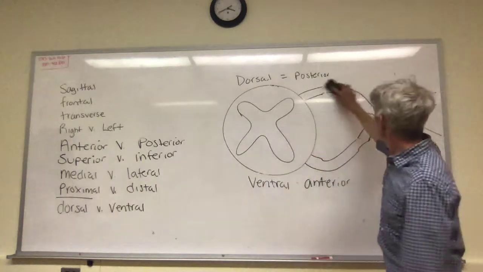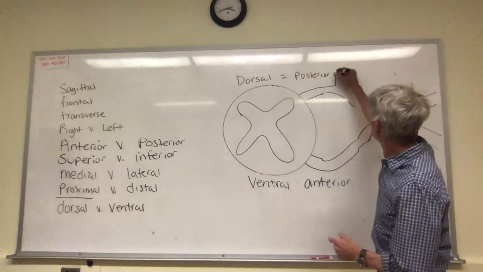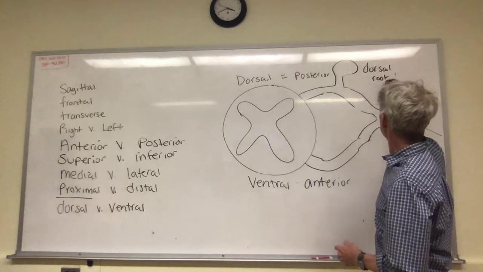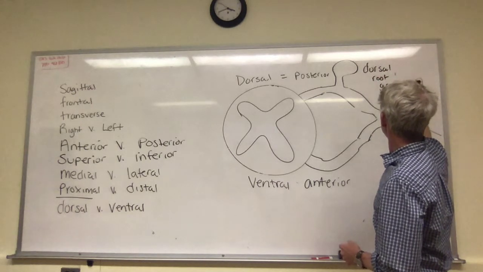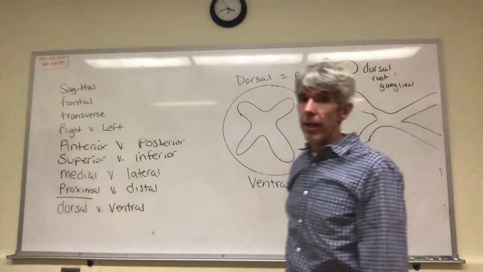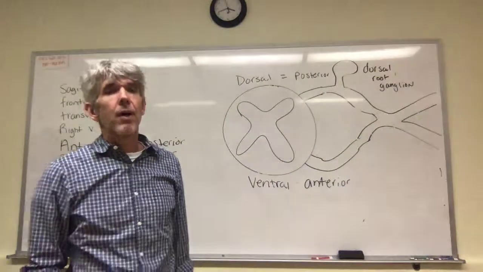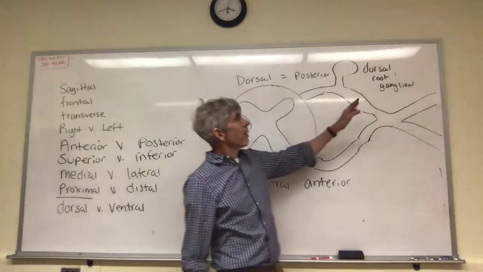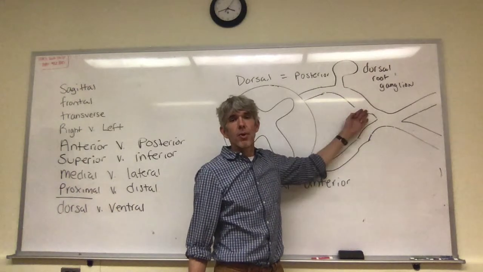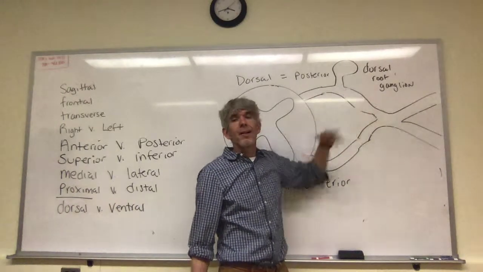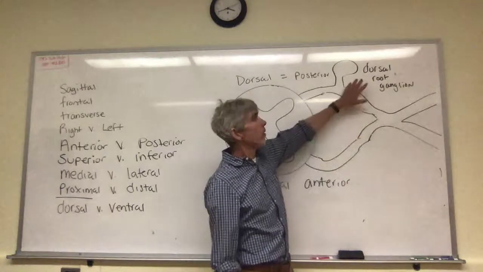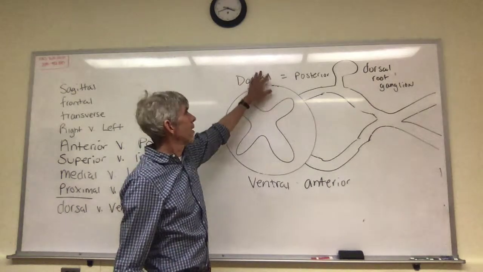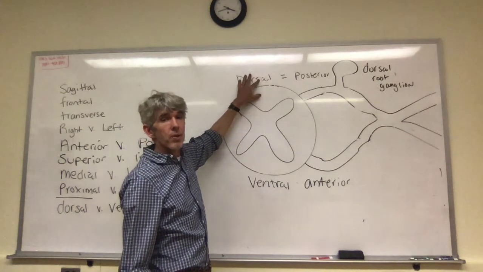And there's an important structure on the dorsal root called a dorsal root ganglion. I don't want you to memorize dorsal root ganglion right now. What I'm just giving you is an example of dorsal in use. On occasion, you see somebody call that the posterior root ganglion. They call this structure the posterior root, or the posterior root ganglion. That is very uncommon. It's almost always called the dorsal root ganglion because in neuroscience and neuroanatomy, this is the dorsal surface or the dorsal side of the spinal